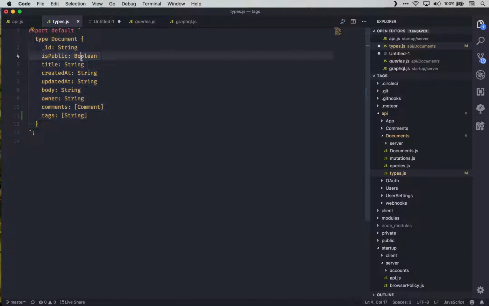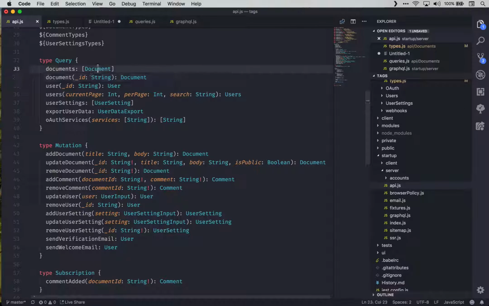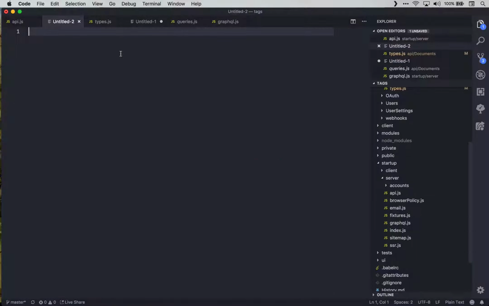So in this case, it might have some of these fields, but what we're telling GraphQL is, hey, that data that comes back through here should look like a document, or it should have the fields that we've defined on a document. And if it doesn't, and this is the neat part about GraphQL, it's going to eliminate any fields that don't actually exist. And so if we open another new file here and we say,